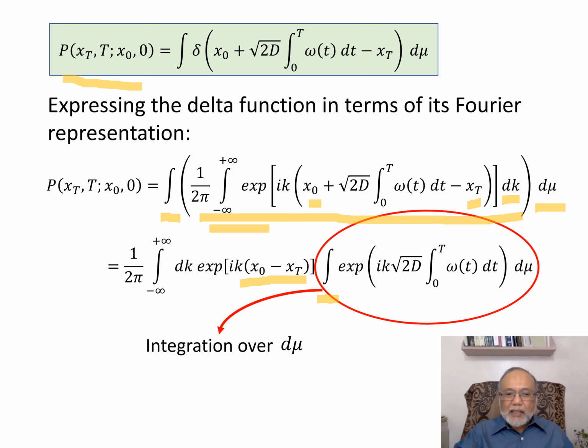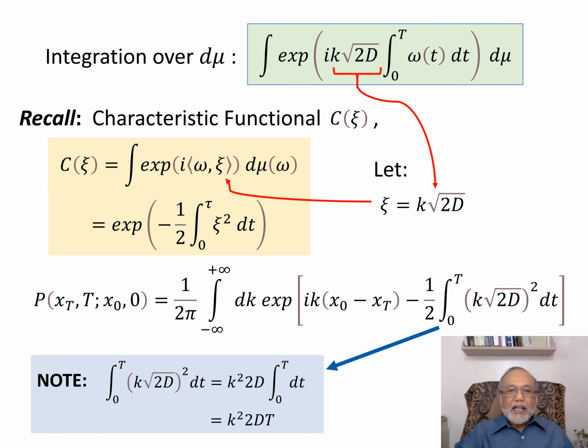So I just look at the integration over the Gaussian white noise measure, and I put inside this red ellipse everything that depends on the white noise variable. How do we integrate over the Gaussian white noise measure? Well, luckily we had a lecture last time, and the integration over the Gaussian white noise measure, which looks like this,